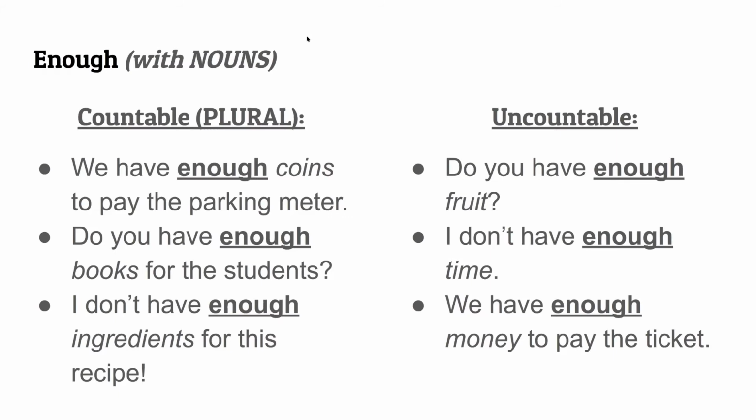So again, the word enough works pretty well with all of these uncountable words too. So again, enough just means we need more. We don't have enough. So in just a moment, you're going to get a chance to practice making some examples with this word. But I just want to remind you that when we use the word enough, we must use it in a plural way if it's countable. And of course, we can use the word with uncountable things too, things that we don't count. So in this case, again, we can use it with fruit, time. I don't have enough water in my glass, so I'm a half full and half empty glass. And then over on the left side, we think about things that we need more of. So that's something we're going to talk about here in just a moment.